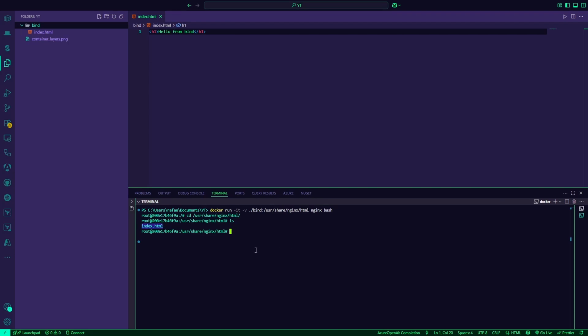Okay, and if I do cat index.html, you will see that this HTML file has the same content as the one I have here. If I updated the HTML file and I do a cat, you will see that the changes I do outside of the file, in this case in my file system, are reflected inside the container. We will look into this a bit more